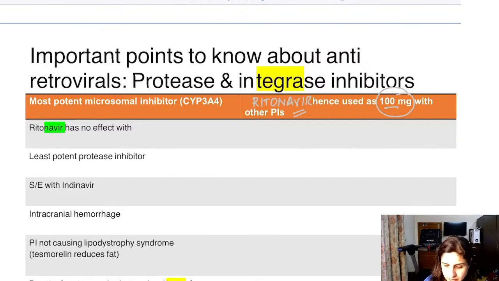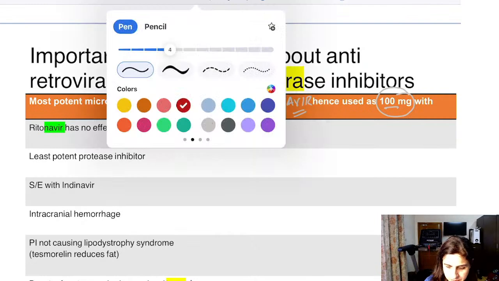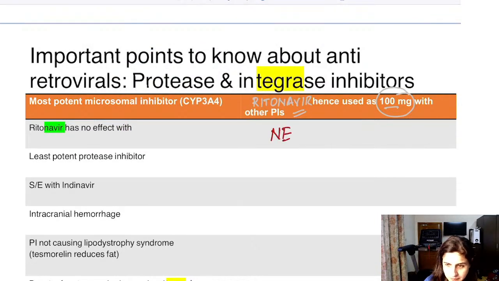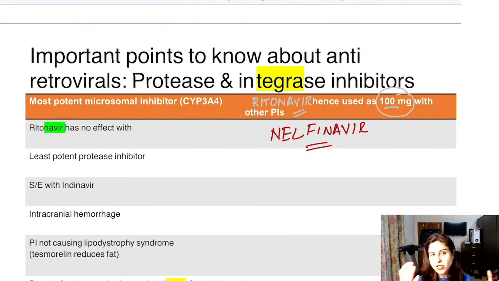No effect with nelfinavir. There is no use combining ritonavir with it. Why? Because the cytochrome enzyme which metabolizes this has no effect with cobicistat, which is another CYP3A4 inhibitor. So I'm asking, with which protease inhibitor is there no use combining ritonavir, that is